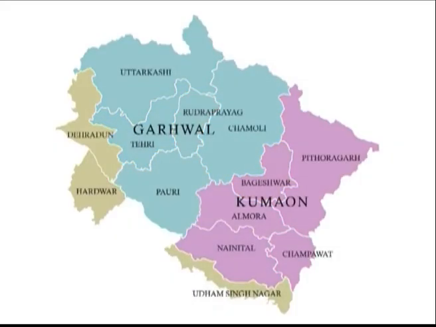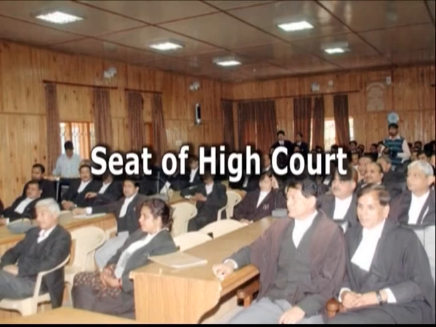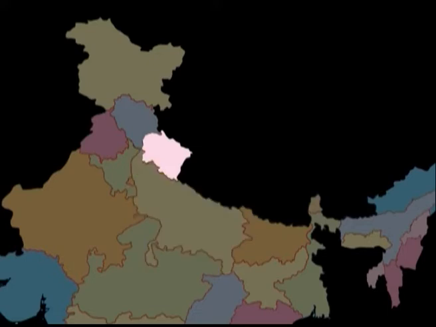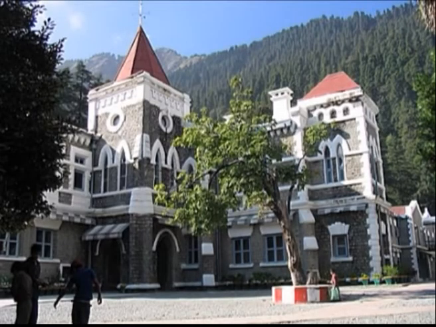These 13 districts in Uttarakhand are regrouped into 2 divisions, that is, Garhwal Division and Kumaon Division, for geographical analysis and other studies. Seat of High Court. The Uttarakhand state was carved out from erstwhile state of Uttar Pradesh in the year 2000. At the time of creation of the state, the High Court of Uttarakhand was also established on the same day